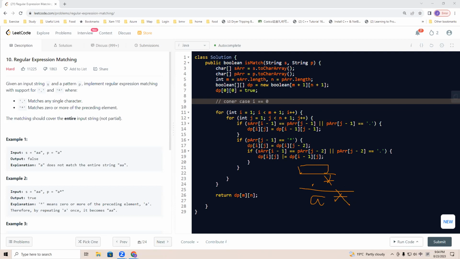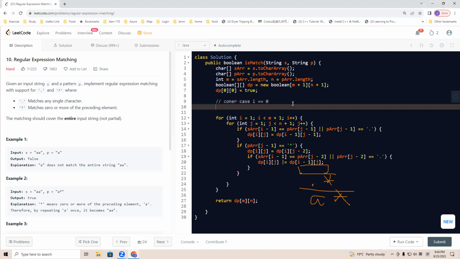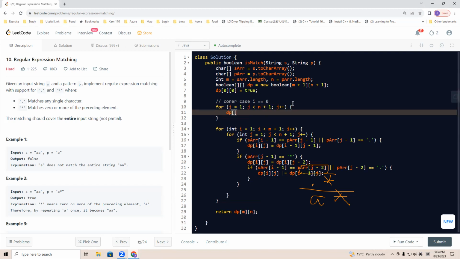So what we are doing is that for k equals 1, k is smaller than n plus 1, k plus plus, we'll say dp 0 j, it will be true only when